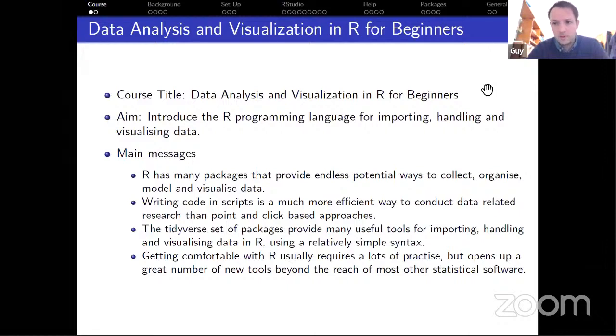Hopefully as well you get the idea about writing code, and writing code in scripts. This can be a much more efficient way to conduct data analysis than using other statistical software that you might have used before, like SPSS or Stata, or well, not so much Stata, but perhaps SPSS in particular,